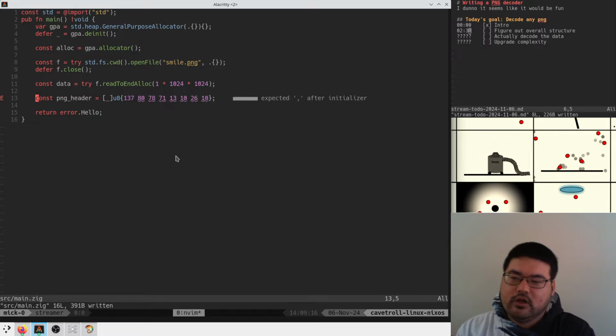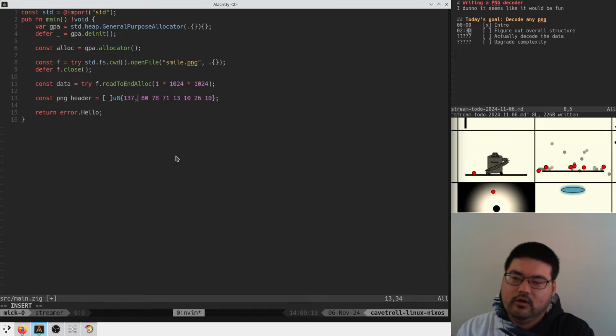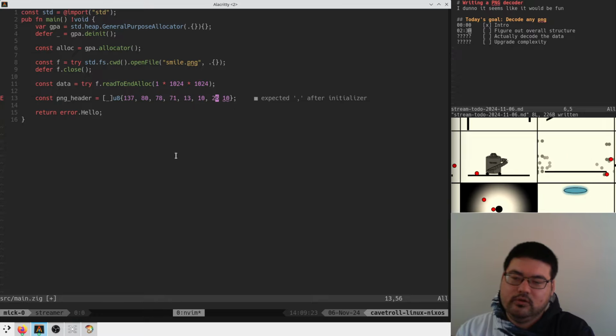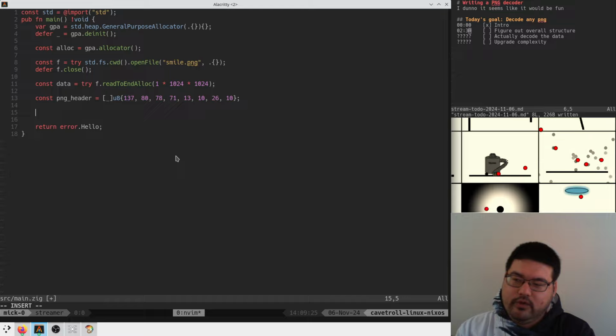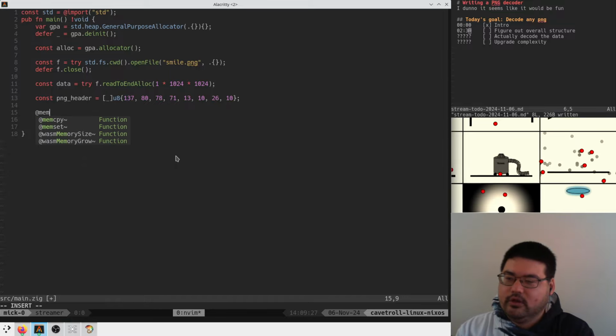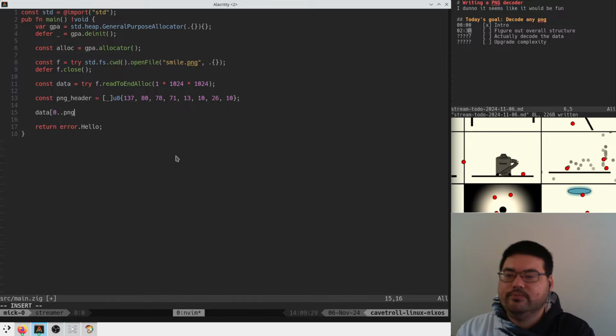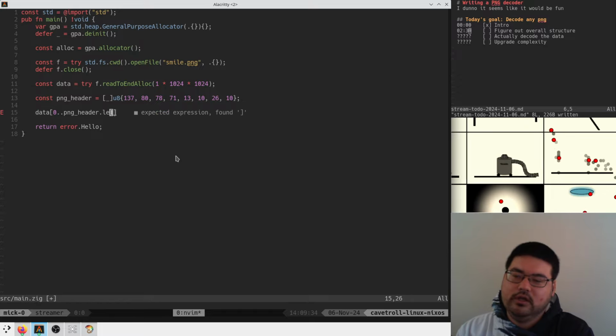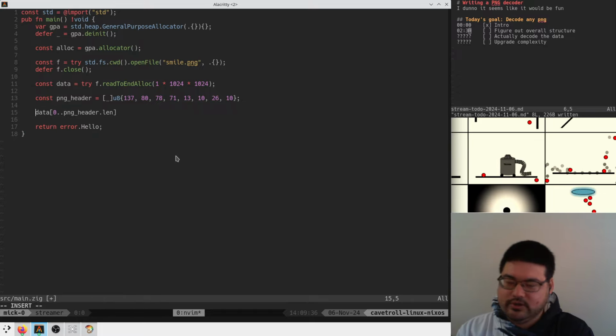And why is he expecting a comma? Oh, because here we're supposed to do this. Okay. So if we look at data, can we do data from 0 to png_header_len? Can we do a std? We can do